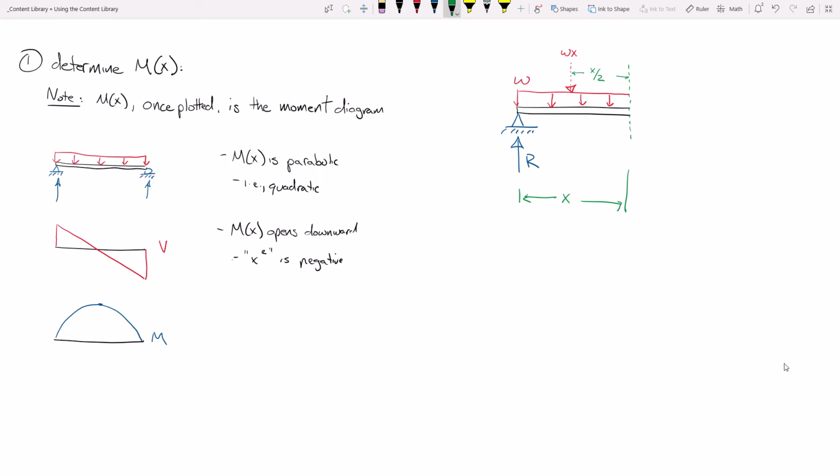The last thing that we need to do is draw our unknown shear and our unknown moment according to their positive sign convention. And then now it's time to sum moments. Specifically, I'm going to sum moments at the place that I cut. Well, let's see what I get. So I have R times X, which is negative. I've got Wx times x over 2, which is positive,